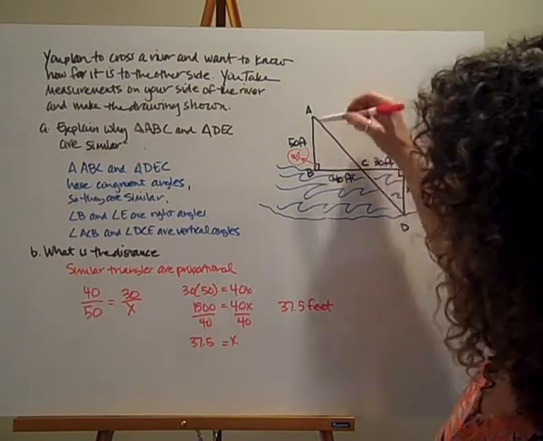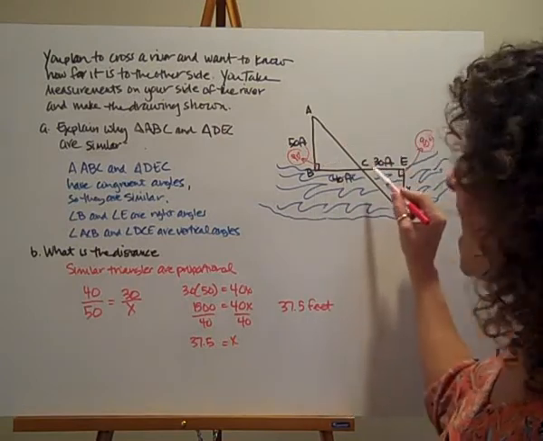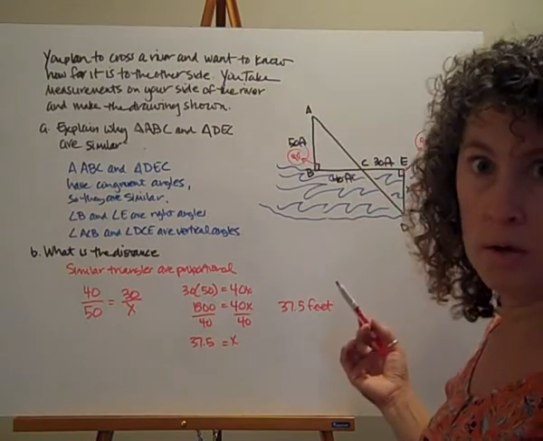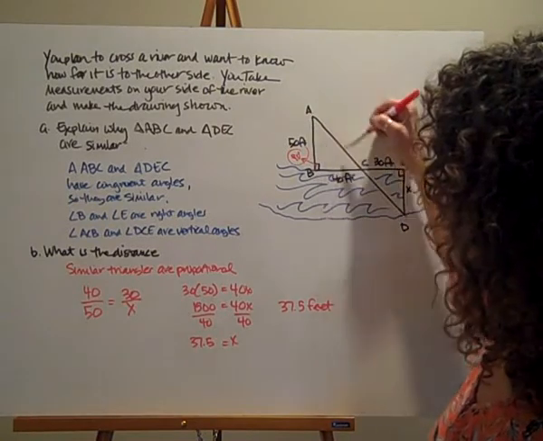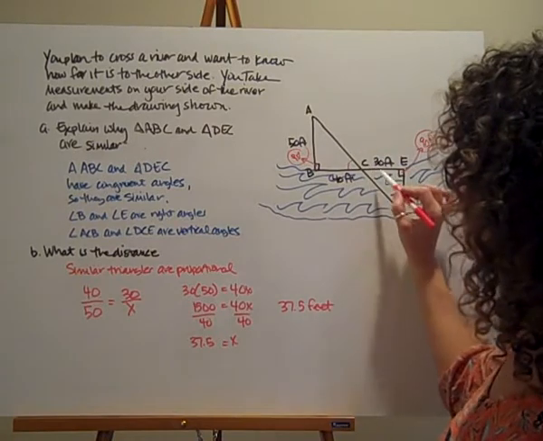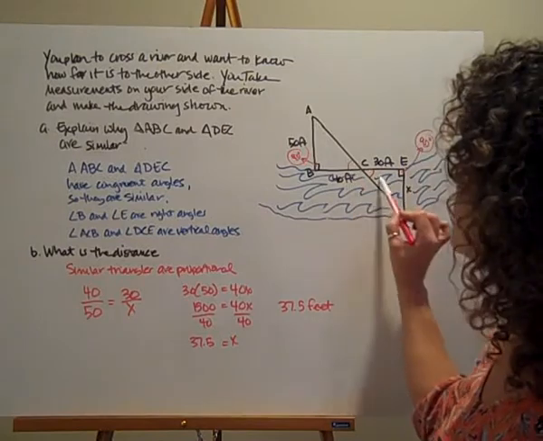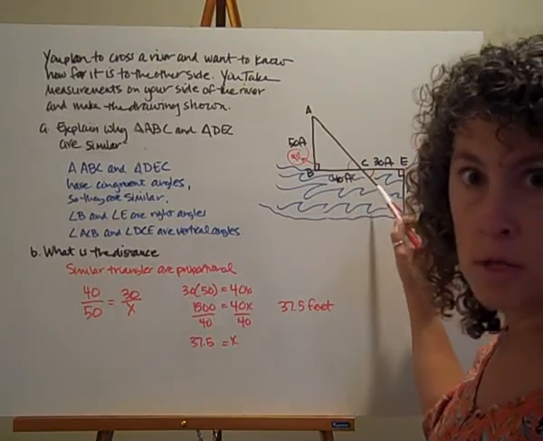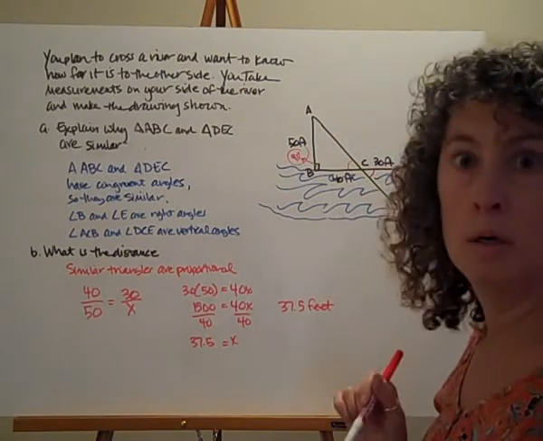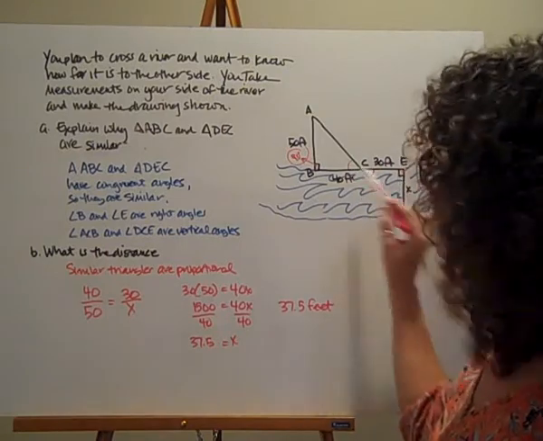However, if I look at what I call angle ACB and angle ECD, I can't call it angle C because I'm not sure which. I've really got four angles that I could call angle C. So I'm going to talk about angle ACB, which is here, and angle ECD, which is here. If you flash back to the beginning of the chapter, these are vertical angles, and we know that vertical angles are congruent. So I don't know the measure of those two angles, but I do know that whatever the measure is, it's equal to each other.